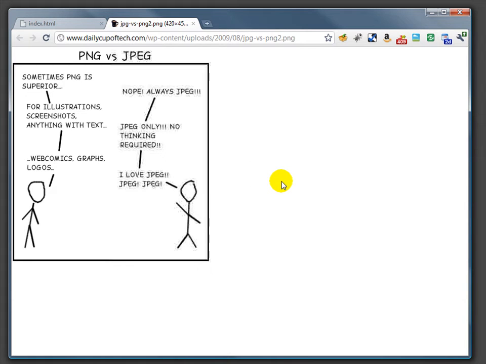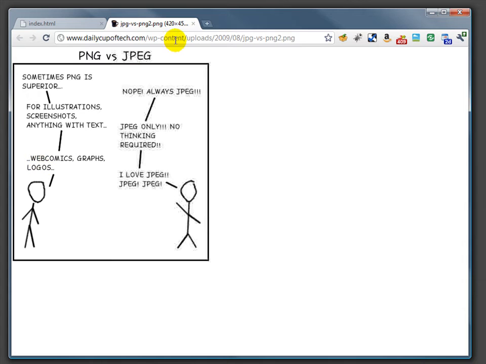There are basically two image types that are used most widely on the web: PNG and JPEG. I can talk about the details, although you've probably had this in another class, so I'll simply say that JPEG is appropriate to be used for photographs, and PNG is appropriate to be used for everything else. And that, as a general rule, usually gets you most of the way. So if it's not a photograph, you probably don't want a JPEG. In some cases, if you've done alterations or have graphics involved, you still want to use a PNG for a photograph. But generally, the breakdown is JPEG for photographs, PNG for any other kind of graphics, especially those that are